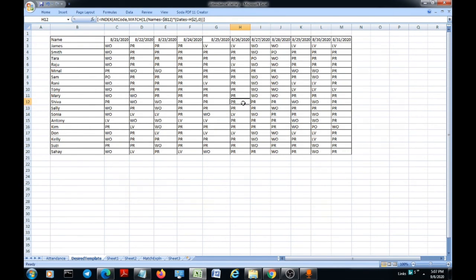So that explains pretty much the usage of INDEX and MATCH function. I know this is not going to be a complete explanation, so you need to practice this 2-3 times, and also you need to go through the reference links I have shared in the blog page. Please do so.